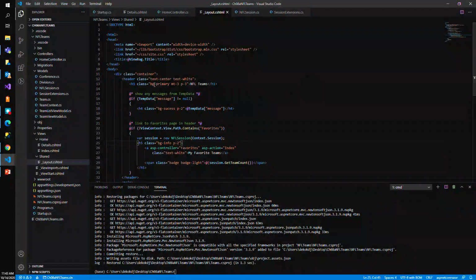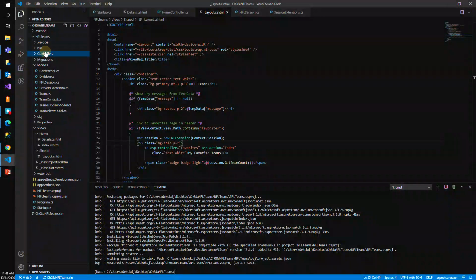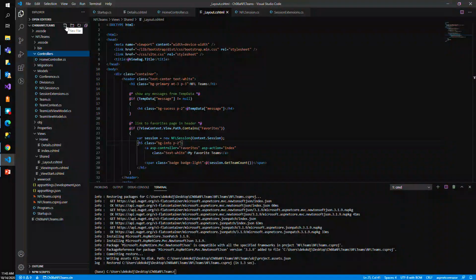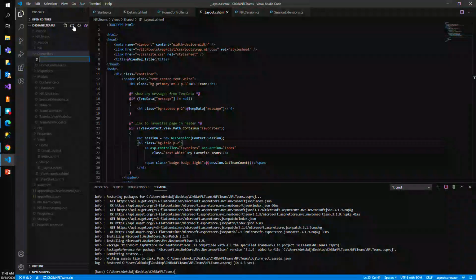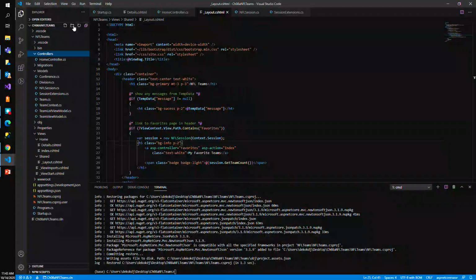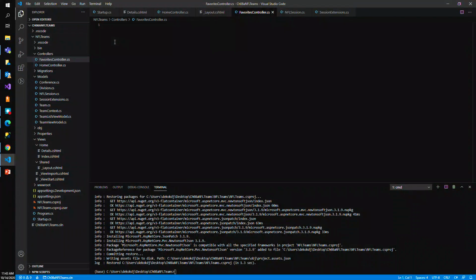So now that we have that, we can go ahead and build our favorites controller, and we'll also need to build a favorites view. So let's go inside of controllers, add a new file, favorites controller.cs. Let's go ahead and put a namespace. It will be NFL teams.controllers,